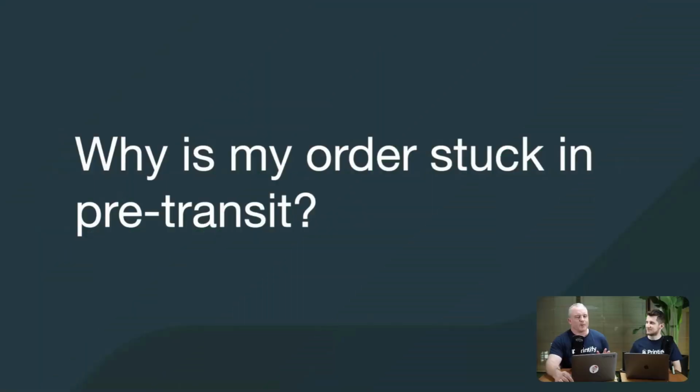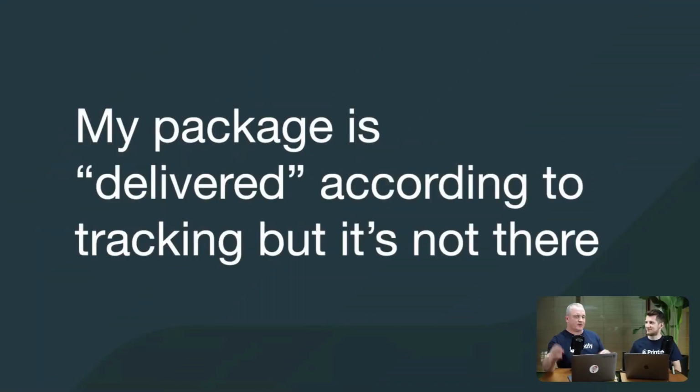Next question. My package is delivered according to tracking, but it's not there. So yeah, this is also something that merchants can try to deal with themselves. So the first thing, the easiest thing that they should do is actually ask the customer if the shipping address provided is correct and there are no mistakes. So if that's the case and the shipping address is actually correct, the next part would be to